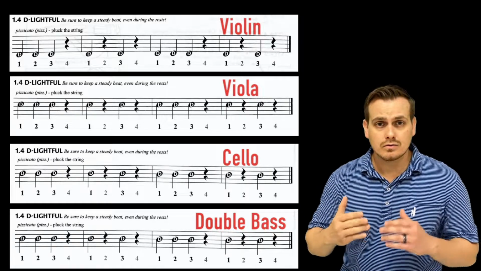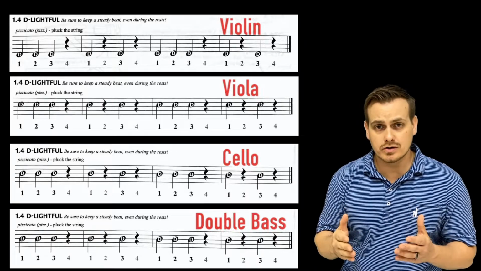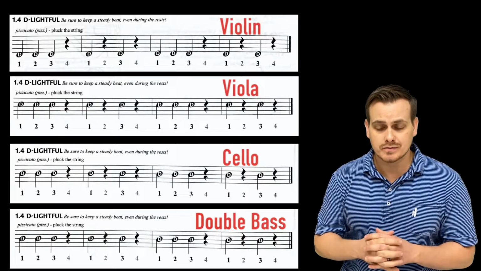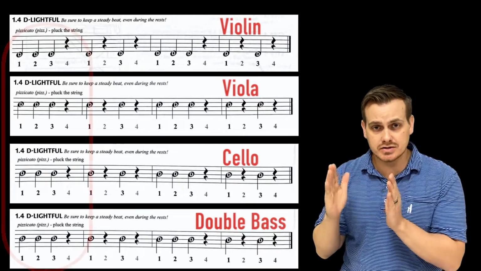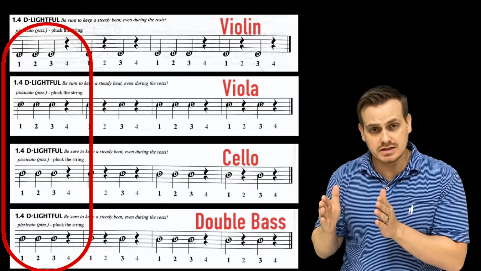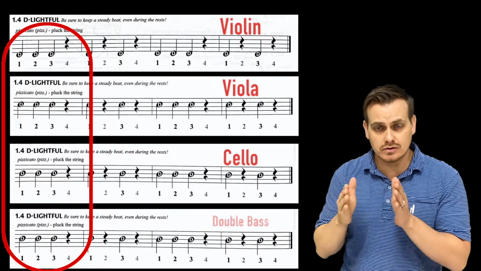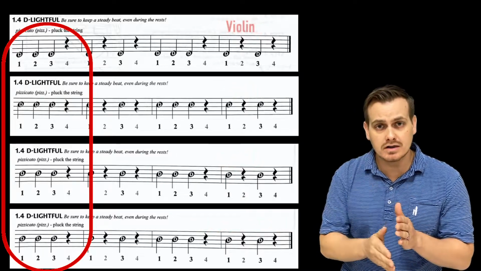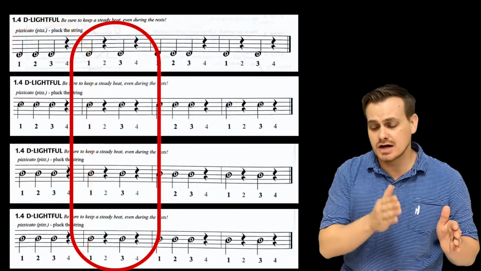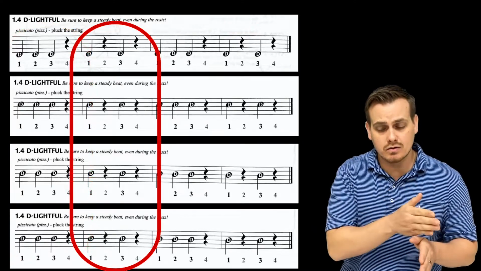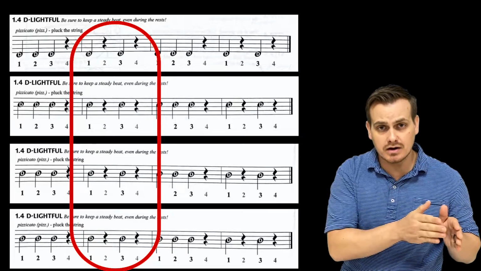So, we have to identify the quarter notes and quarter rests at 1.4 Delightful. Here they are. The very first measure, we should have 3 Ds or 3 quarter notes and then a quarter rest. So quarter note, quarter note, quarter note, rest. Then a bar line to the next measure. We should have a quarter note, a quarter rest, a quarter note, quarter rest, another bar line to finish that